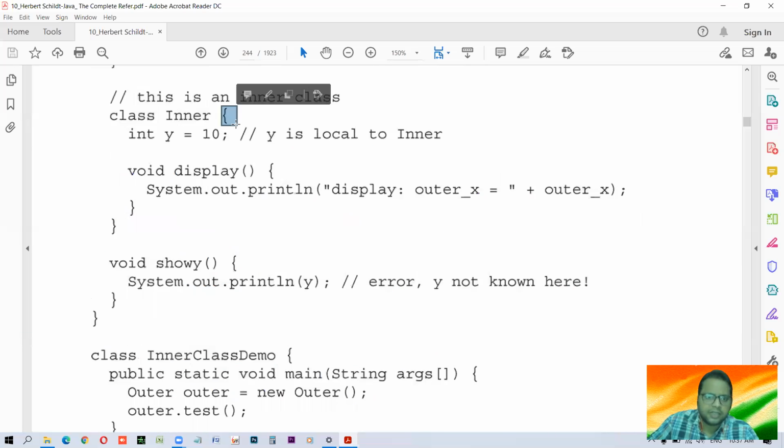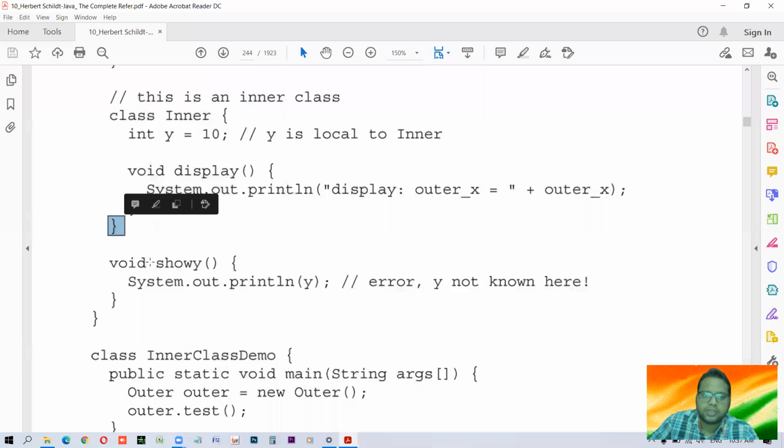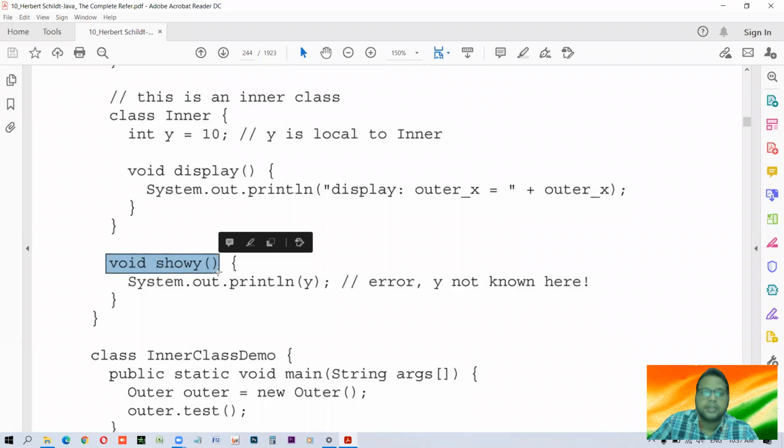So now what I'm doing, look, where is the inner class ending? Here it is starting, and then here it is ending. Okay, fine. This curly brace is for the display function. Now we are making another function. Which class does this belong to? Since the inner class ended here, this doesn't belong to the inner class. So look at the importance of the curly braces. This is out of the inner class, and this is part of the outer class because of the curly brace, I'm telling you.